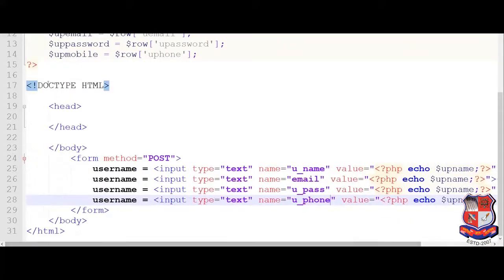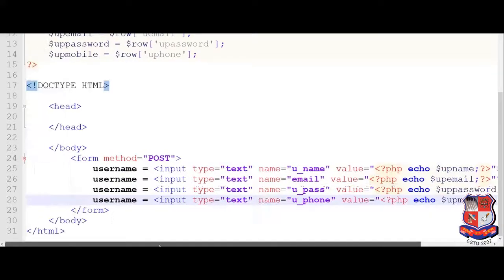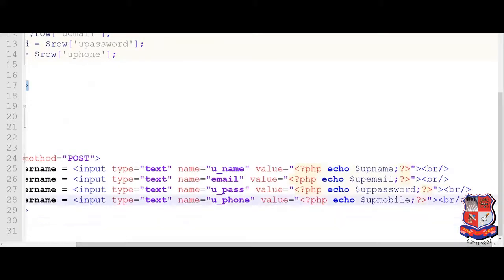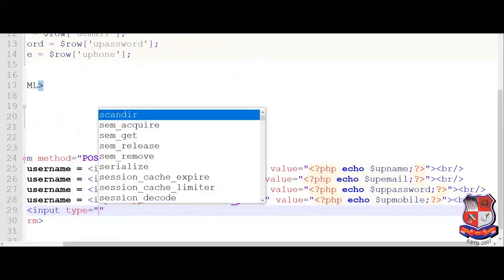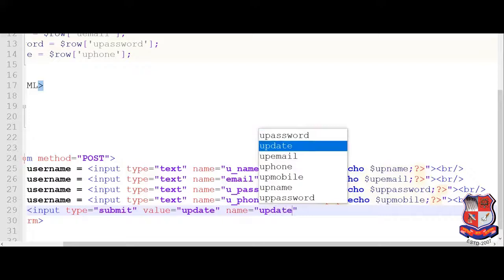So this one is up_name, up_email, up_password, and up_mobile. Now we have to create a button for the update. So input type is equal to submit, value is equal to update, and let's say name is equal to update form.